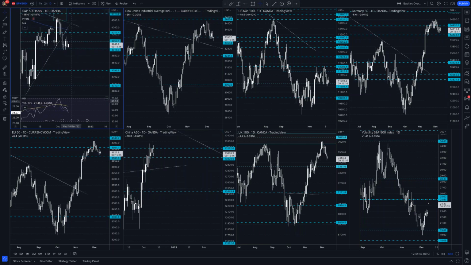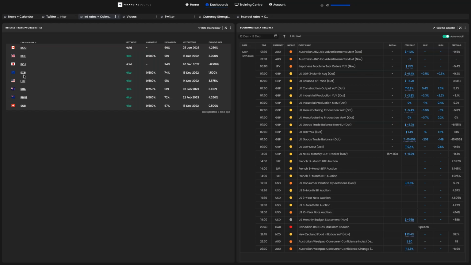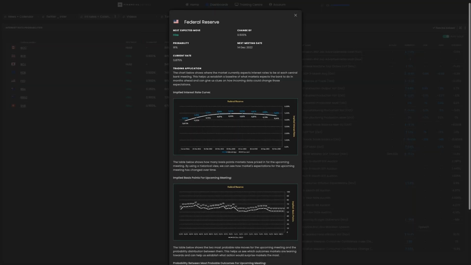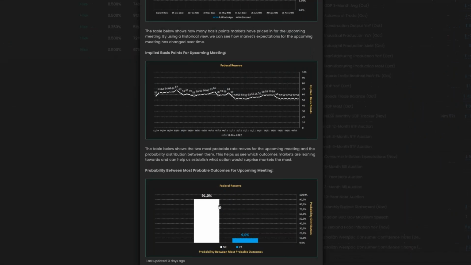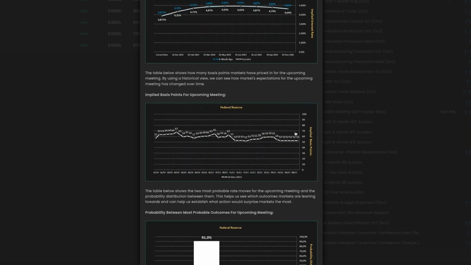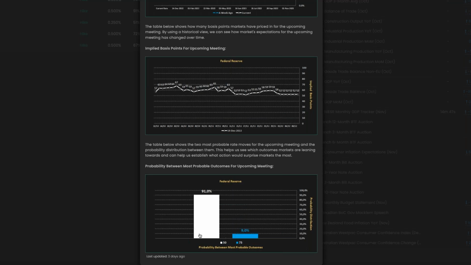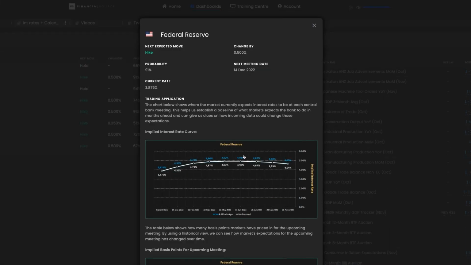If the Fed's more aggressive than the market is expecting, remember, what's expected at the moment is a 50 basis point hike, right? That's 100% priced into markets. Just take a look here. You can see, courtesy of the financial source interest rate probability tracker, there's a 91% chance of a 50 basis point rate hike, only 9% of 75 basis points, and expectations have been pretty flat heading into this.